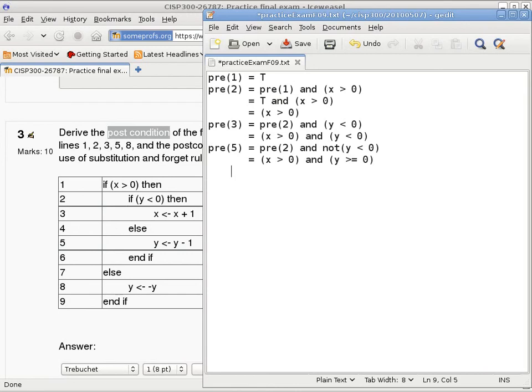Okay, and there's no simplification at this point, because the two variables are not related in any way, so there's no way we can simplify that. And then the last precondition we have to deal with is pre-8. The precondition of line 8 is the precondition of line 1, and the negation of the condition of line 1. So in that case, we say it is not the case that x is greater than 0. And since pre-1 is true, this one, the second one, can be simplified as x is less than or equal